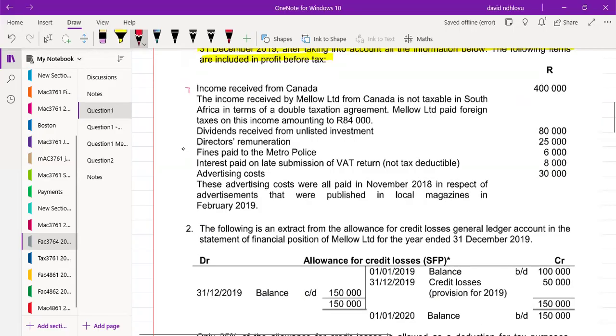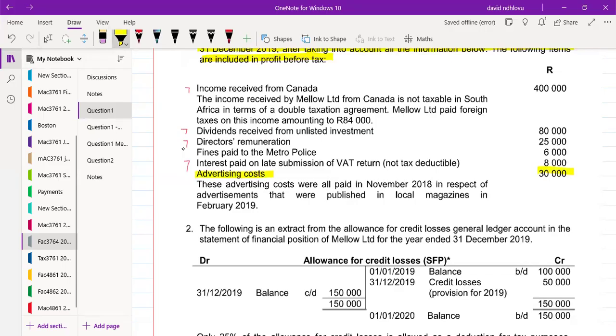We have the income tax received from Canada. That's foreign income. That's an exempt difference. Let's be clear. A deferred tax is a result of temporary differences. It does not result from exempt differences. So here we are looking at an exempt difference. Then we have dividend received, exempt, and director's remuneration. That one is just an expense that is included in profit, but it's neither an exempt nor a temporary difference. Interest paid on late submission of VAT returns, exempt. And then advertising costs,